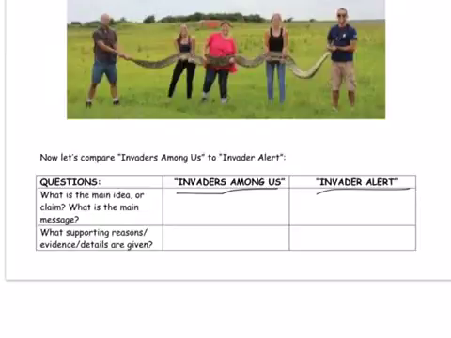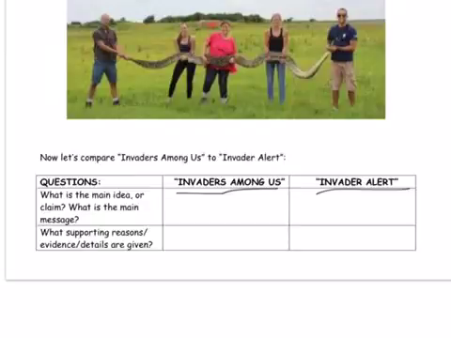So if you read that thesis statement, you'll see the second thing that is mentioned is text structure and how the two different authors chose different text structures to present the information about these invaders. So if you'll go to the next slide, you'll see the part about text structure on this chart, and